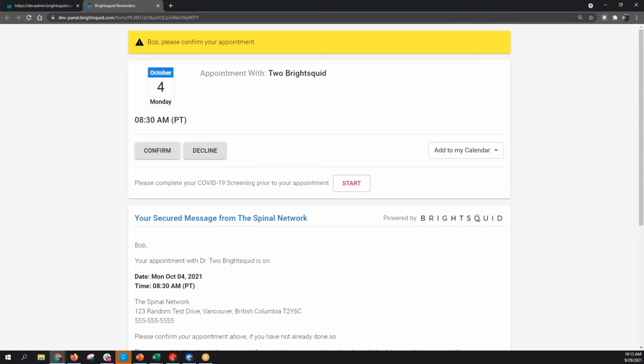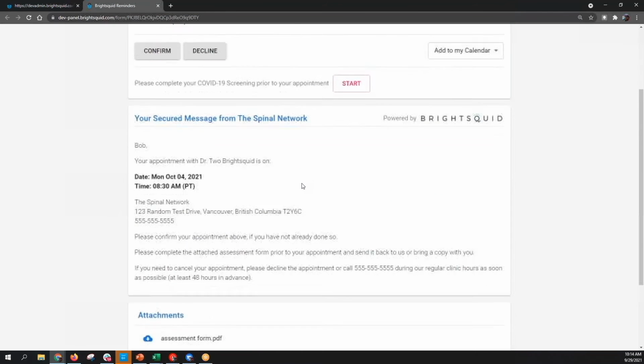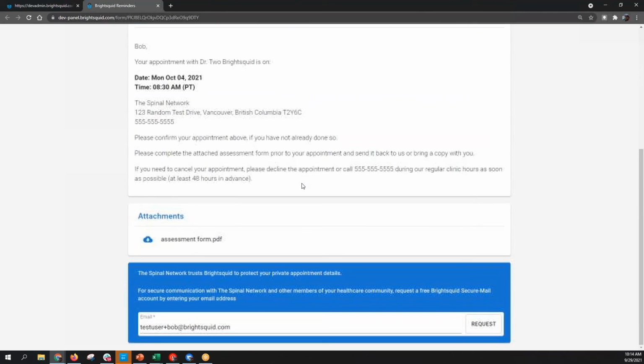And now our patient is viewing the secure component of the appointment reminder. This is where there can be specific information to the patient about what we want them to do. The real call to action is here at the top of the screen, the confirm and decline buttons. There's also the opportunity to access the COVID-19 screening appointment information. And further down here, we can see things like the specifics of the appointment, the type of appointment could be